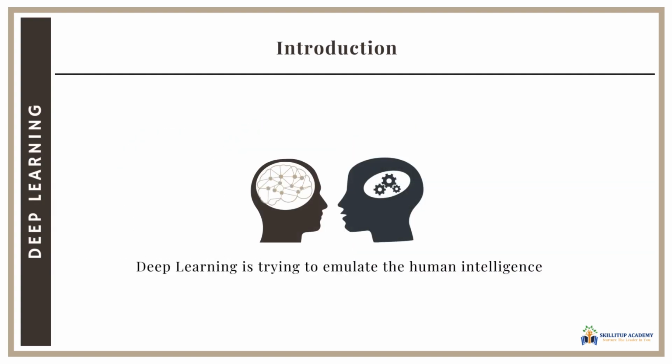To make a machine learn and think like humans, a corresponding neural network has to be built within the machine, and this neural network is called an artificial neural network. Artificial because it's not real. Well, that's obvious. It's named deep learning because it adds layers to the network to learn from the data. In a way, it's going deep and deeper for learning just like the human brain does.